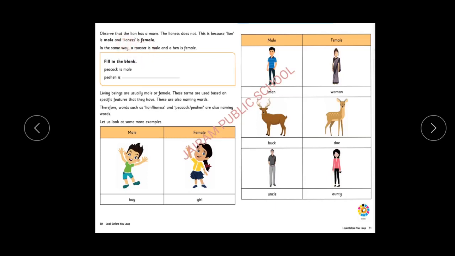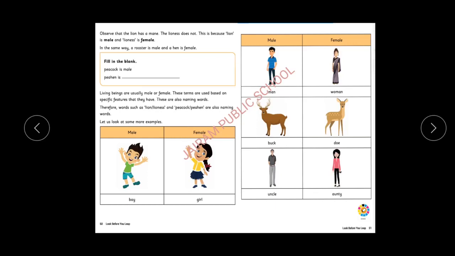This is our topic today. So we are going to see the feminine noun and the masculine noun. Either we can say it like this, feminine gender or masculine gender. You will be identifying them as boy and girl, no? Each animal too. Yes, that is the feminine and masculine gender.